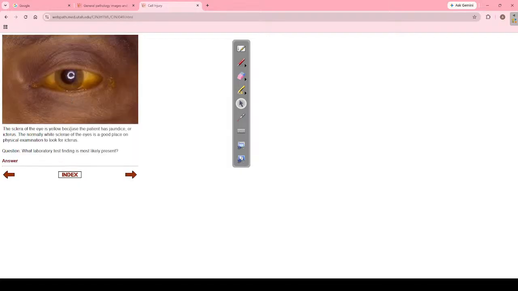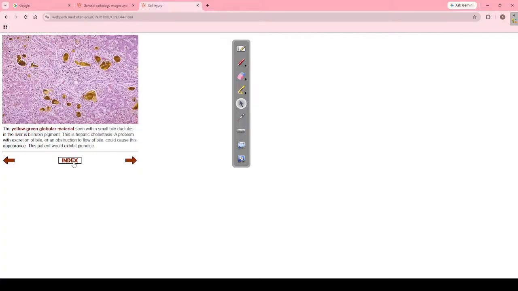Then you have sclera, which is yellowish because of deposition of bilirubin. Which laboratory test finding is most likely present? Hyperbilirubinemia, may be jaundice. Normally the sclera is white. It may be unconjugated bilirubin, total serum bilirubin, conjugated or unconjugated. Unconjugated bilirubin more than 5 is usually indicative of